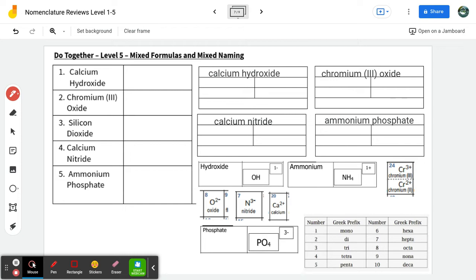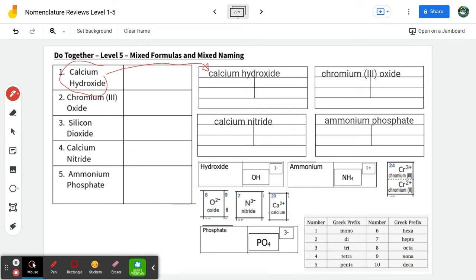If you don't see prefixes, that's ionic, and you're going to balance charges. So I went ahead and filled in, if I didn't see prefixes, I took the name and I put it over here in a formula chart. So on your sheet, it looks a little different. It's just organized differently, but you can take calcium hydroxide and use one of the formula charts to